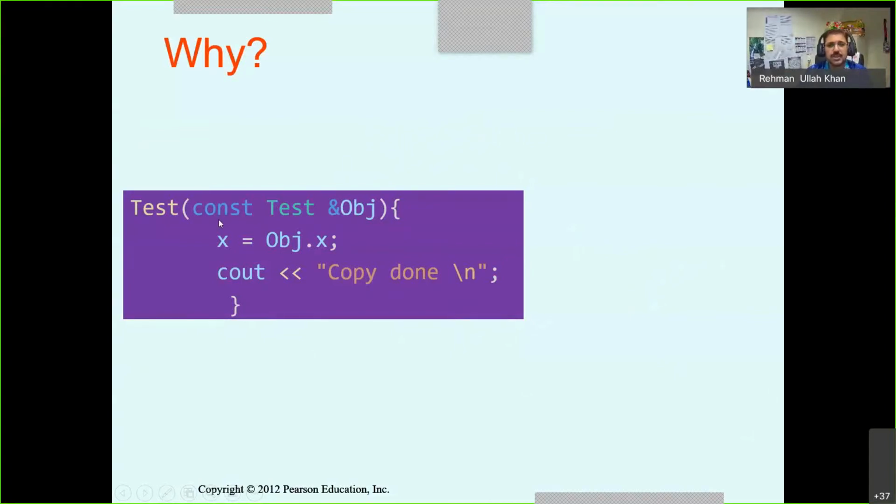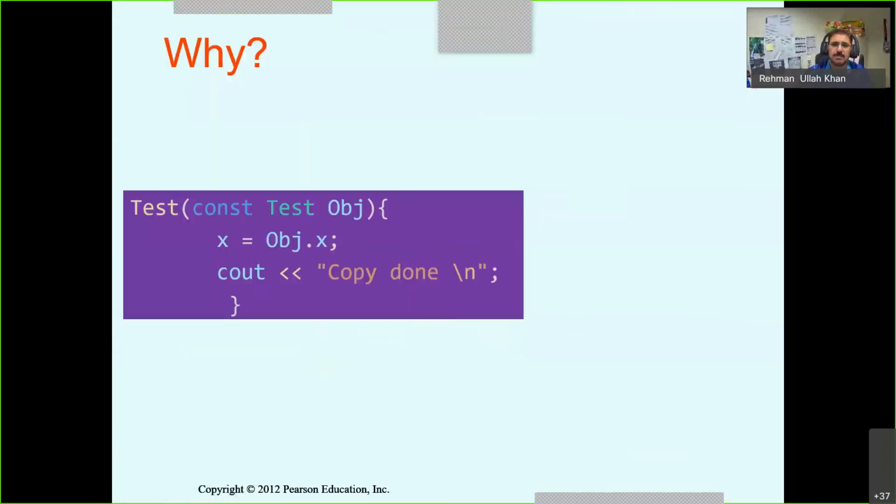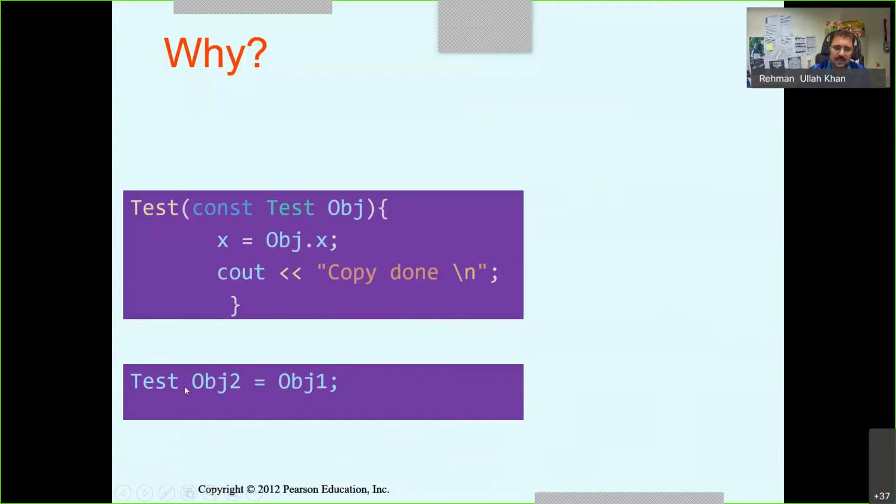But if we change the reference to a normal variable, not a reference, what will happen if we create another object and initialize it with object one? The copy constructor will be called like this.